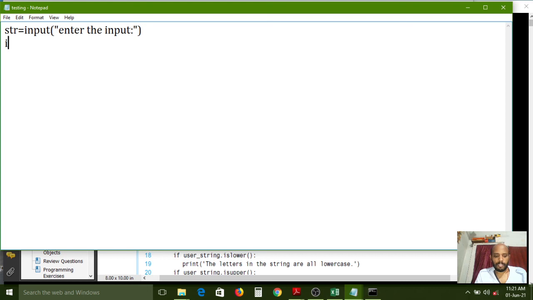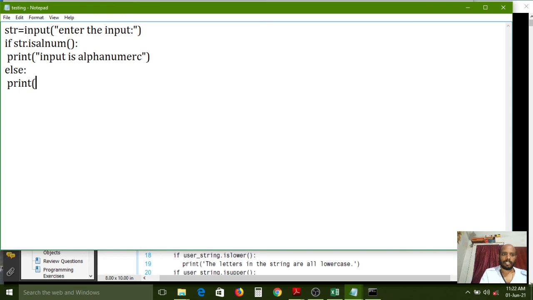Okay, next, if str.isalnum(), then print "input is alphanumeric", else print "input is not alphanumeric".